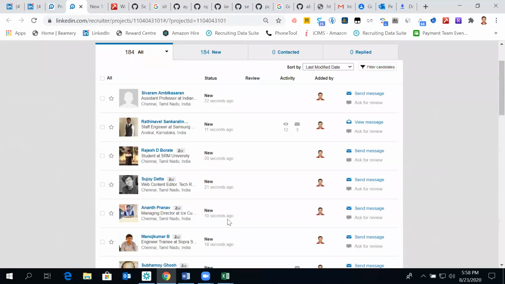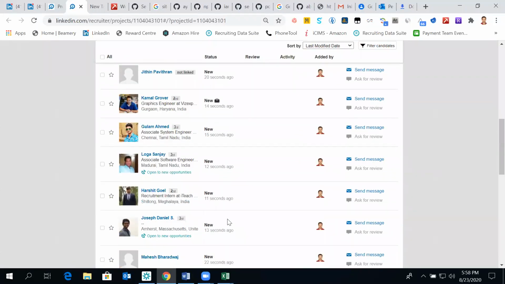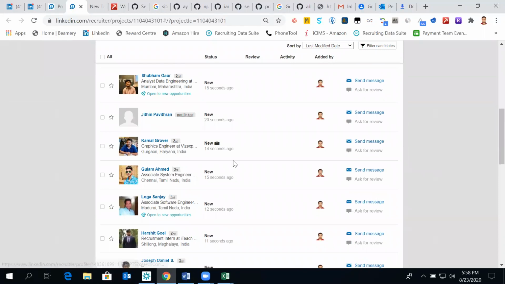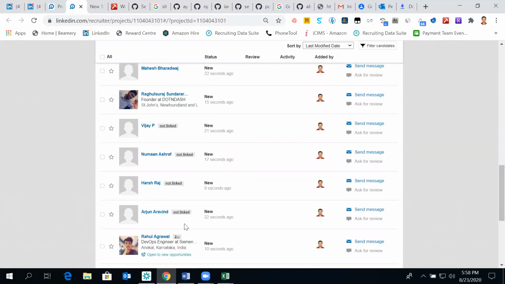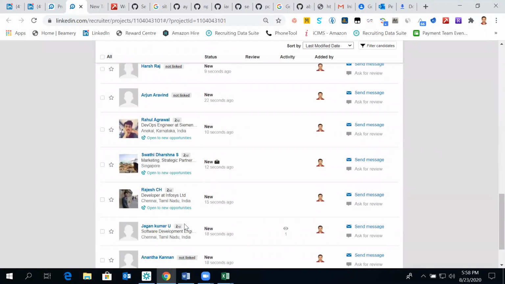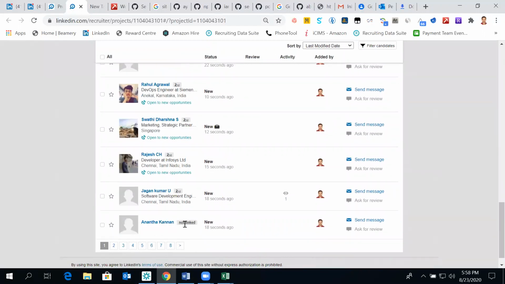So almost wherever you see a profile, they are existing. So not LinkedIn, they're not existing. So here it's not LinkedIn, it is still existing. Not LinkedIn is only the one which is not existing. You see, even from the verified list, at least 30% are not existing on LinkedIn.